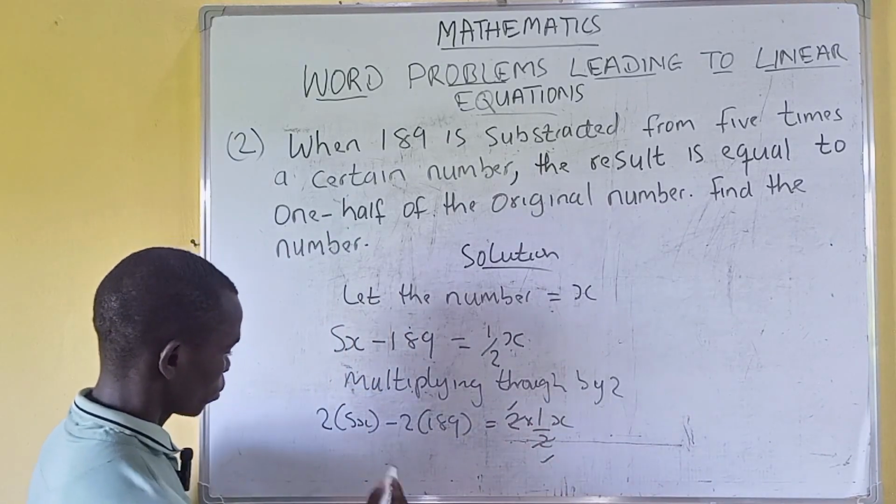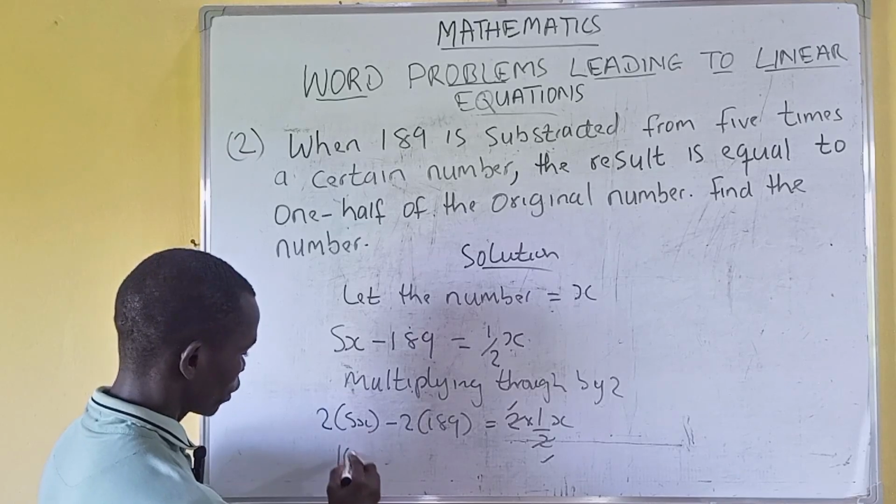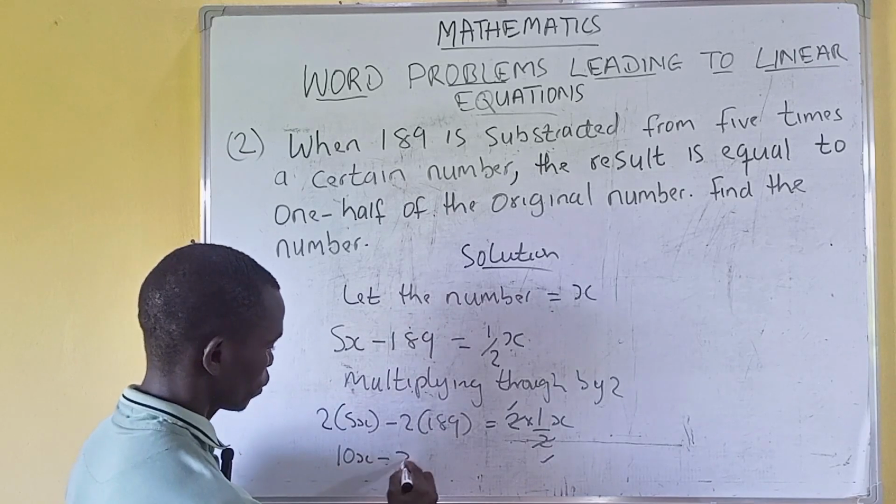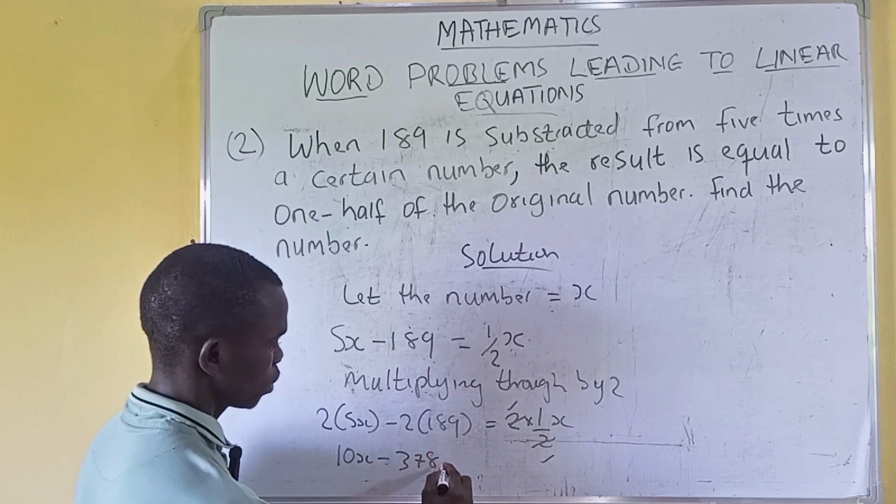So this will now be 2 times 5, we have 10S, minus 2 times 189, we have 378,